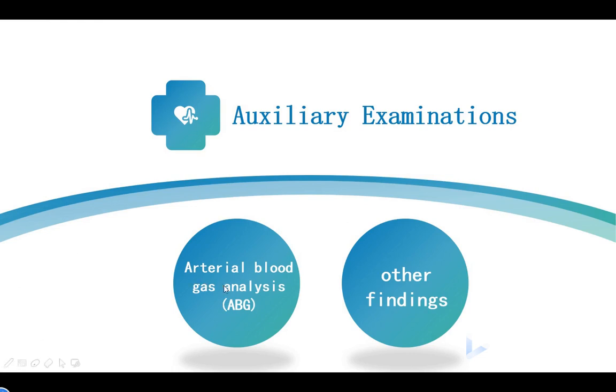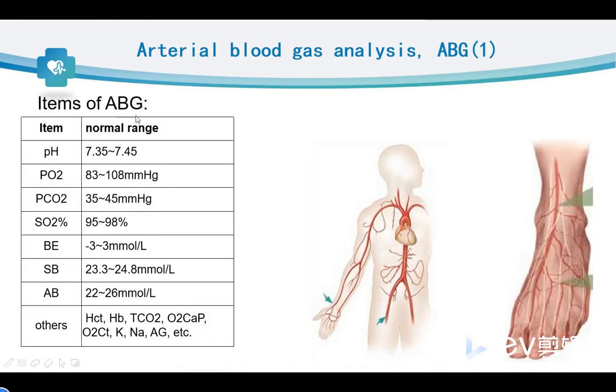The ABG, arterial blood gas analysis, is the most important examination for the patients with a suspected respiratory failure. And let's look at it firstly. This table shows some important items of the ABG. You have learned in the course of the diagnosis, right? So, I hope you can review the normal range and meaning of each item of the ABG by yourself after